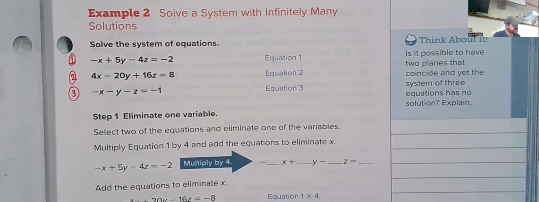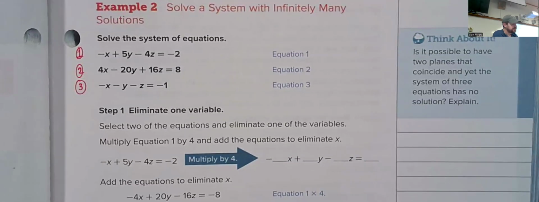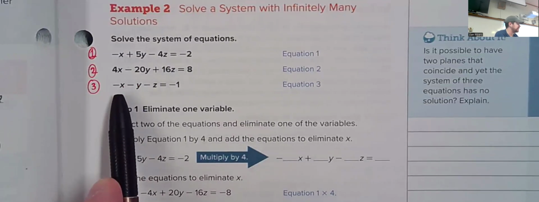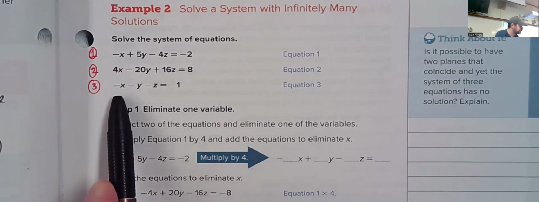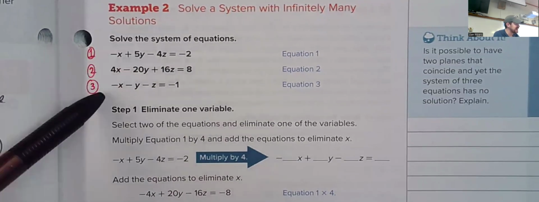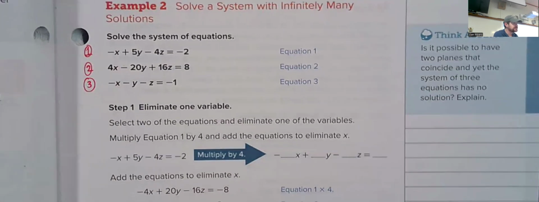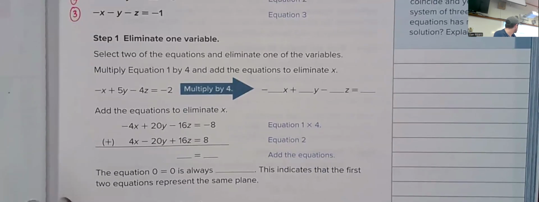Now, the first thing we need to do is choose one of our variables to eliminate. And this one is suggesting that we eliminate x, which makes decent sense because both the x in the first equation and the third equation just have a negative in front of them. So these are already set up to eliminate. And you could just leave both equations exactly as they are and subtract the equations to get rid of x here. That's fine. The book, though, is going to suggest that you multiply one of the equations by